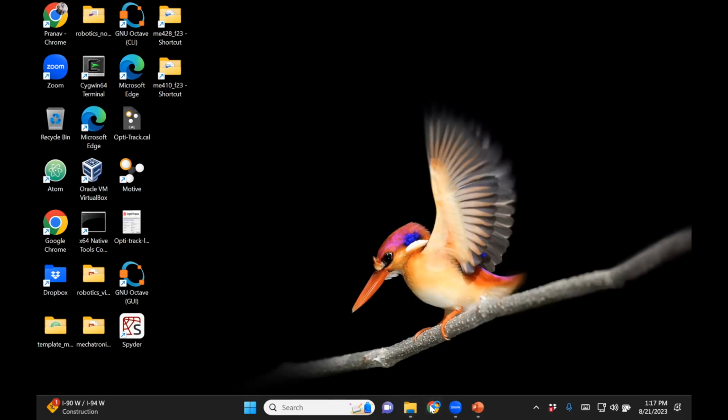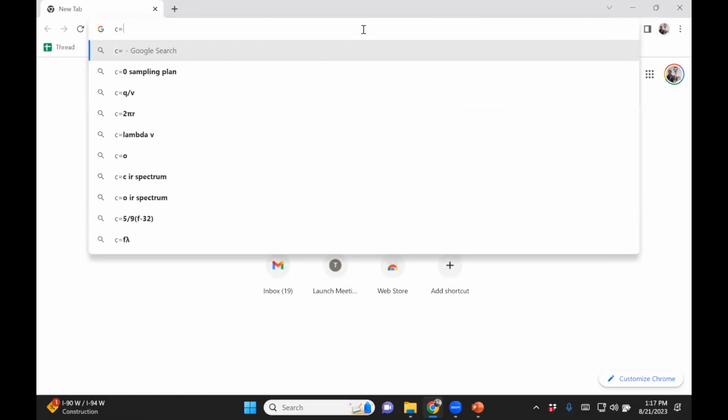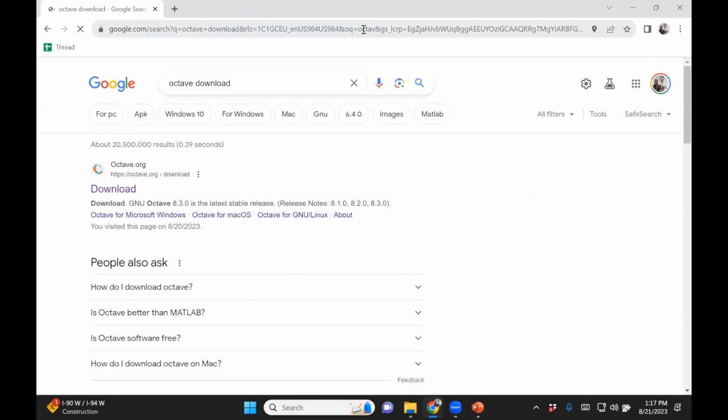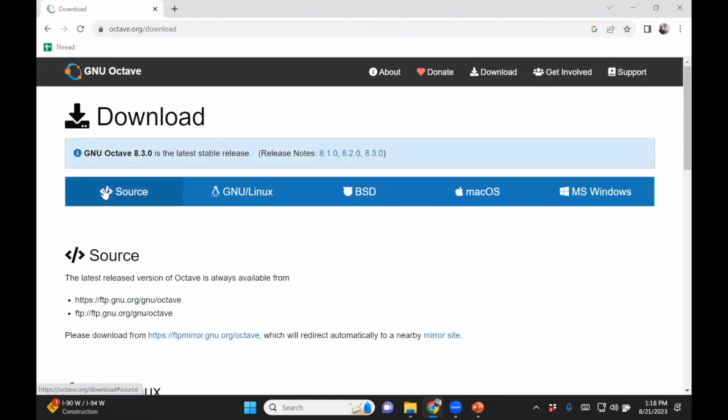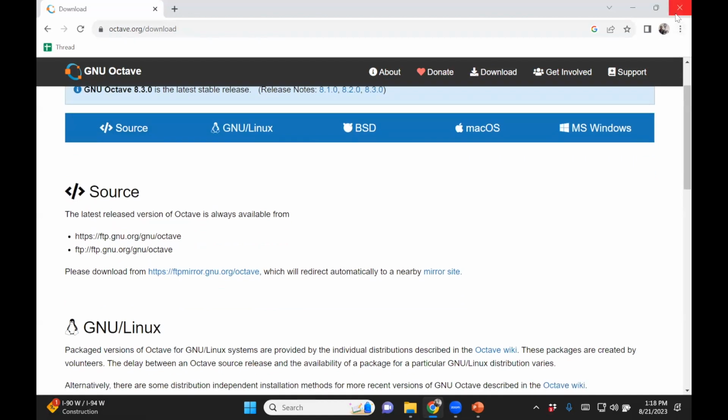Okay, so first of all, if you want to go the Octave route, you need to download Octave. So download it. I'm not going to do that because I already downloaded Octave. So download whatever version for whatever OS you're using, Mac, Linux, or Windows. Once you download it,